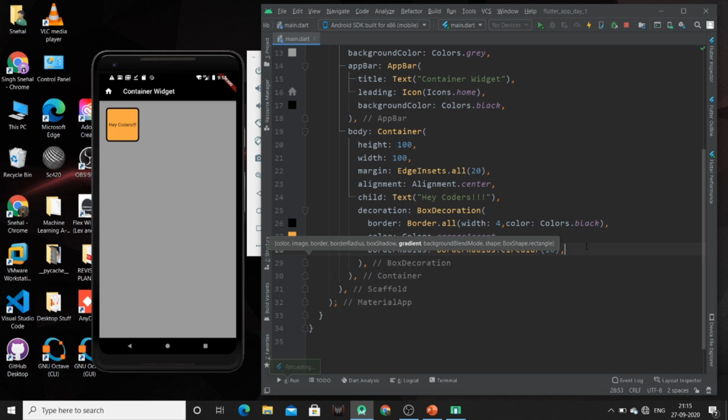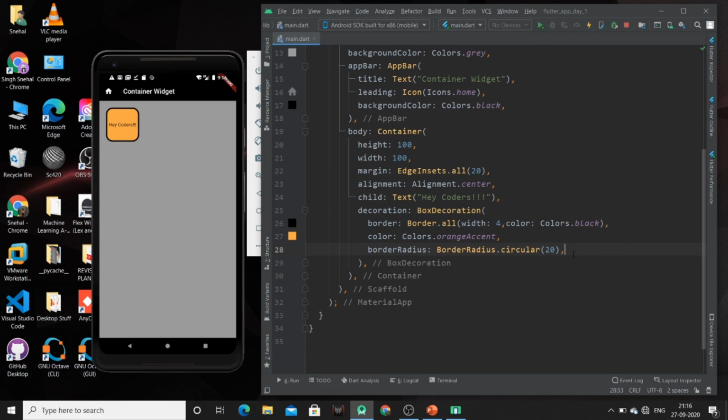So I have used a radius of 10. So a 10 radius is given. Now if you want your container to be of circular shape, then you can specify the radius to be 50. Then you can have a circular container. Now you can change the radius of the border according to your requirement.